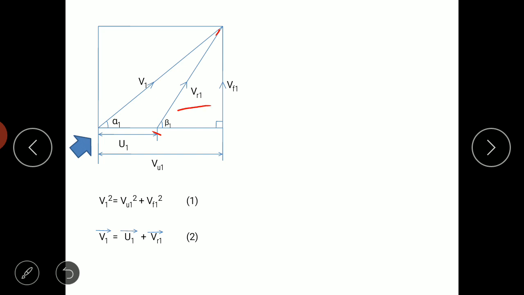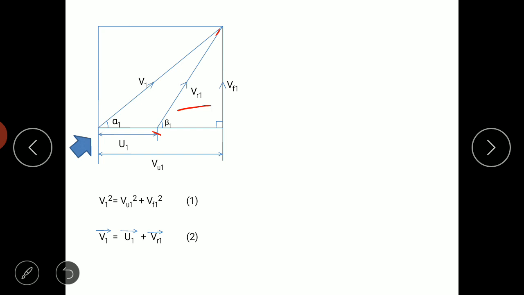Why do we call it relative velocity? Because from v1 we are getting u1. There is some motion happening. v1 is moving with some velocity, and u1 is also moving with some speed. When there are two objects moving simultaneously, in order to get the relation between the two, we use the concept of relative velocity. So that is how we get this relative velocity.